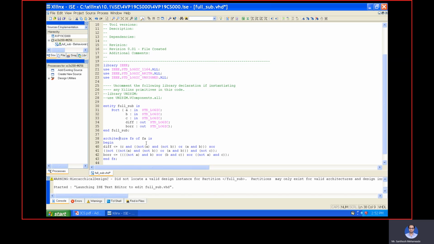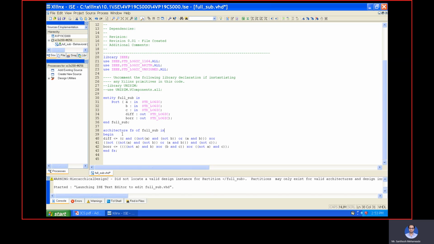Next one, here the entity name is not FA, it is full underscore sub, because here entity name is full underscore sub. And the variable names difference and borrow are also the same. No problem, save it.